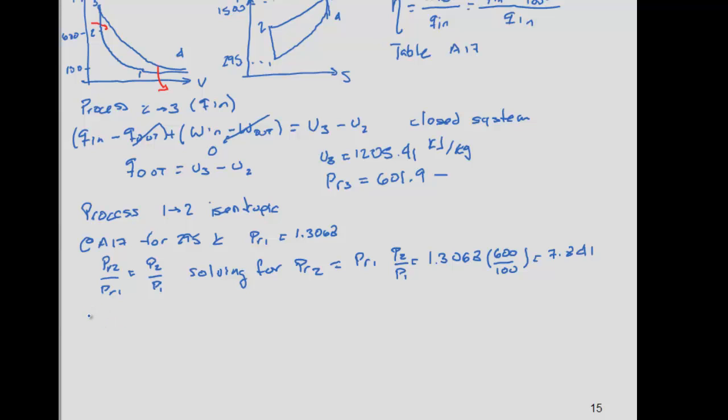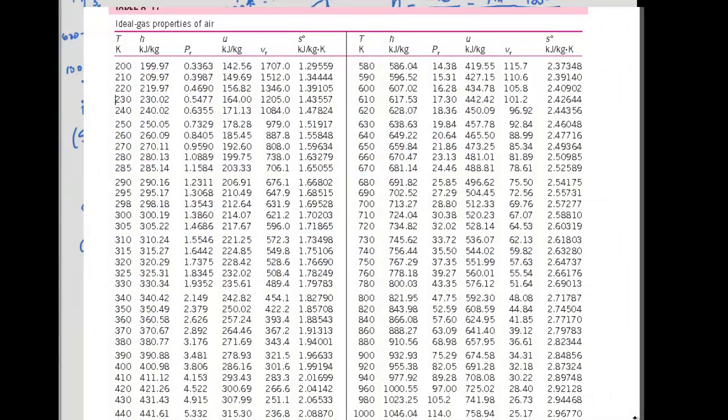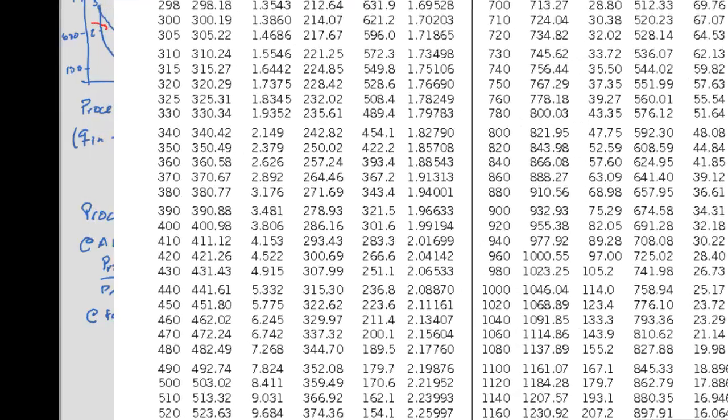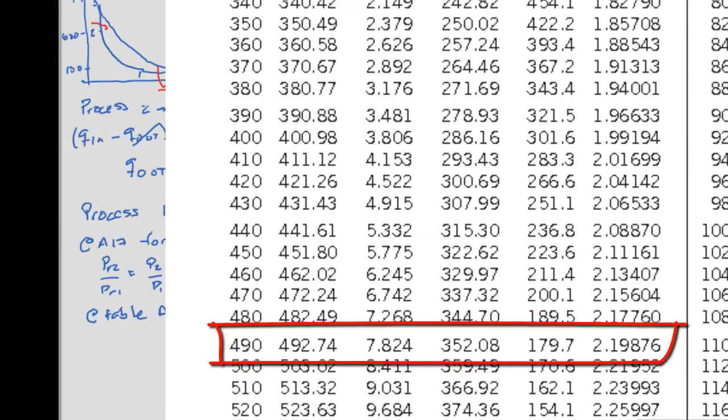Now, looking at table A17 again, we can find that with PR2 we have